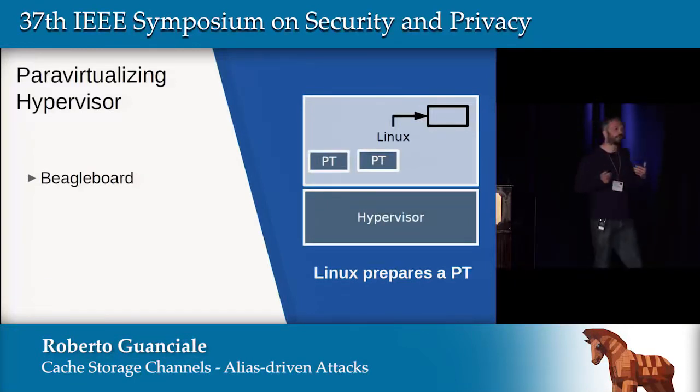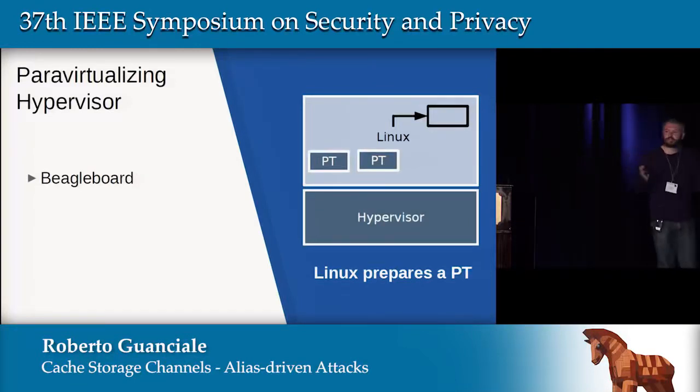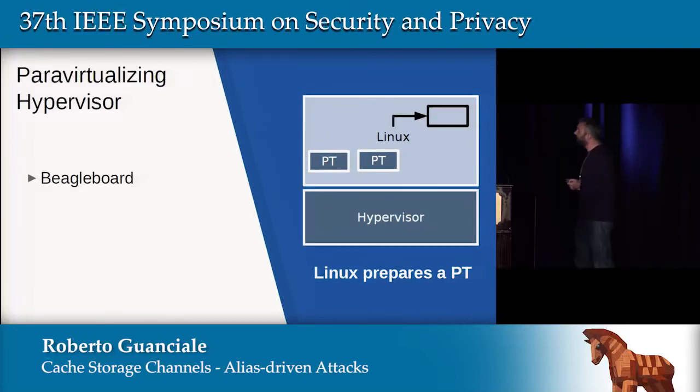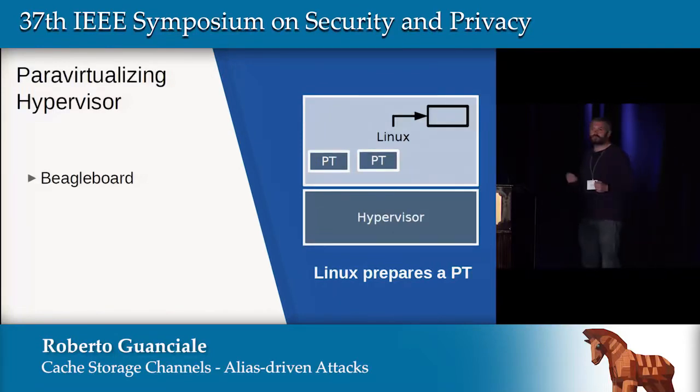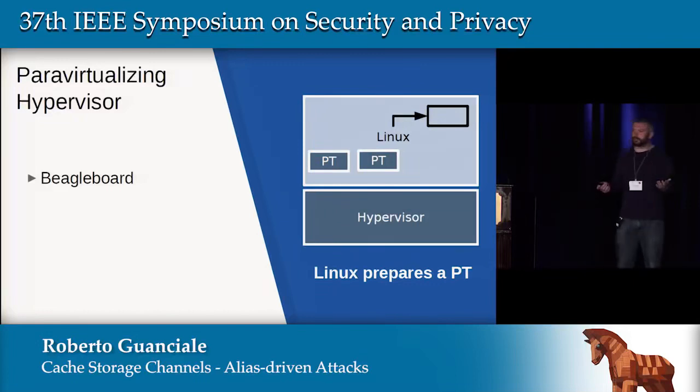We took our formally verified hypervisor, so in theory there should be no bug here. This hypervisor has been verified using a quite detailed model of the instruction set architecture of ARM and implements a virtualization mechanism that is similar to the para-virtualization mechanism of Xen. So we use page tables to isolate Linux from the hypervisor and the other security-critical components.